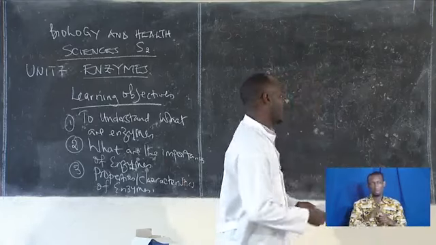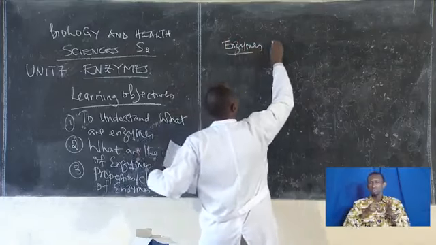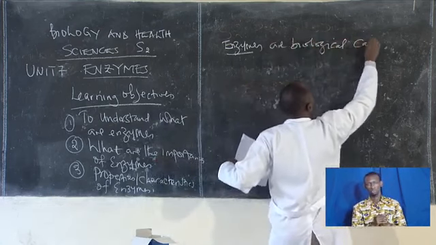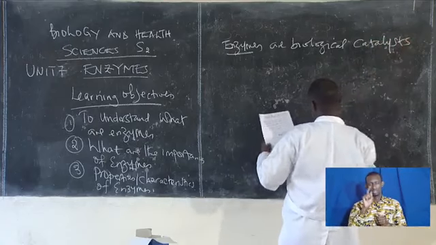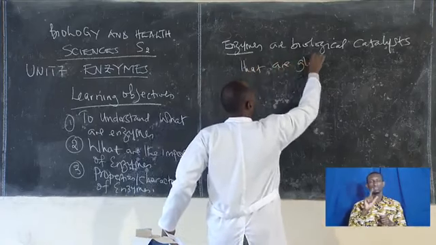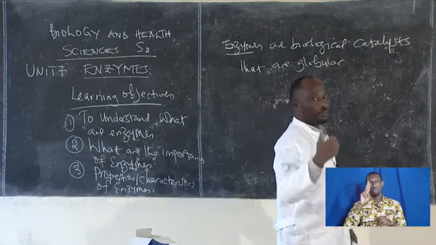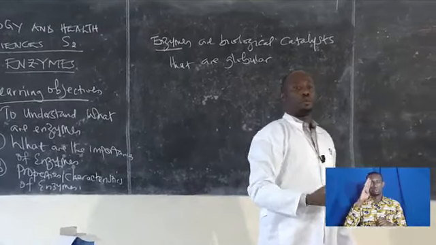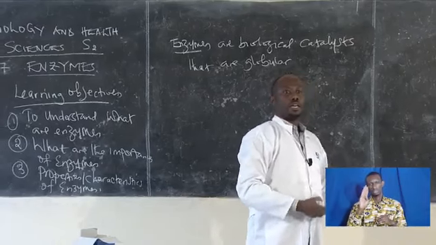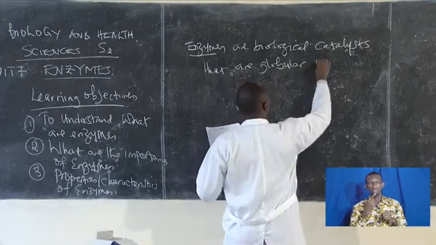So here is the definition. The definition of enzymes: enzymes are biological catalysts that are globular proteins. If I say globular proteins, we have two types of proteins: globular proteins and fibrous proteins. Globular proteins, most of the time, participate in metabolic reactions. And the fibrous proteins are responsible for the growth of hair and nails. All right? And I can say protein in nature